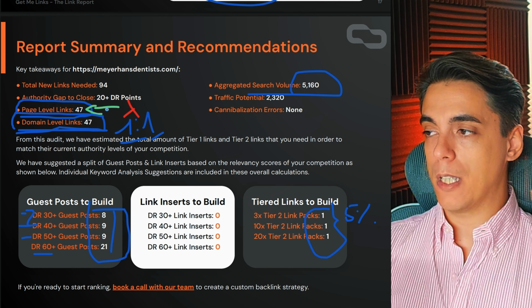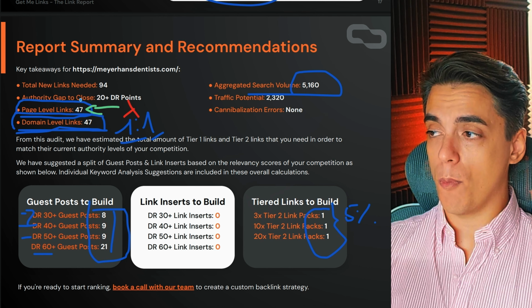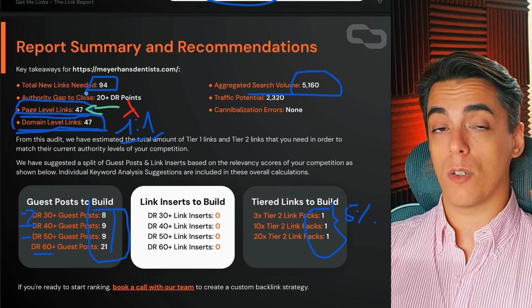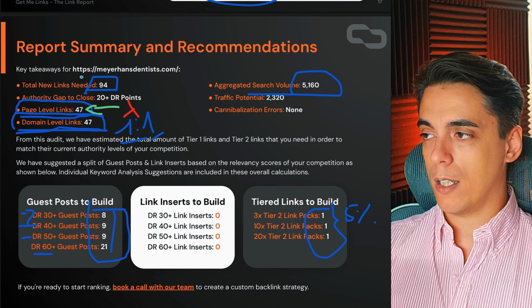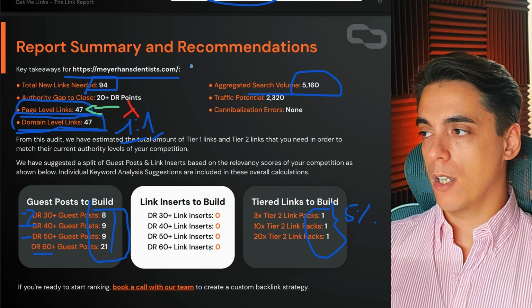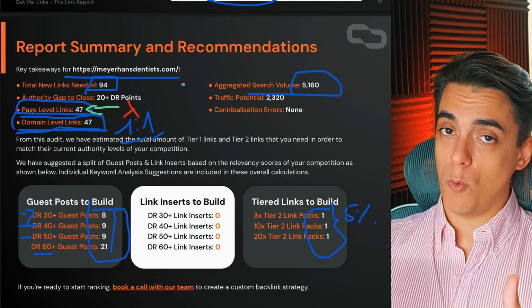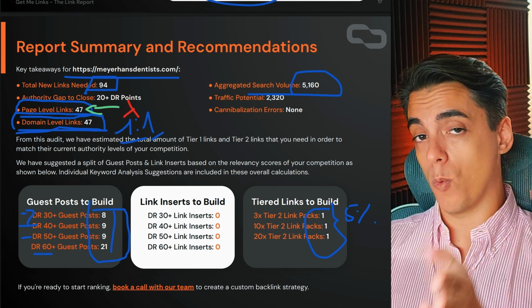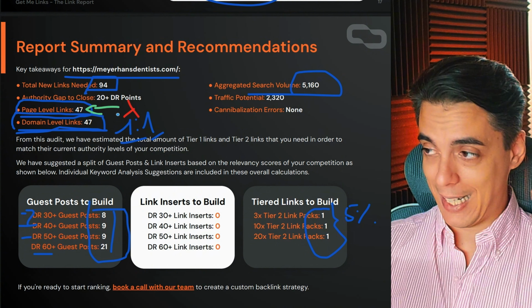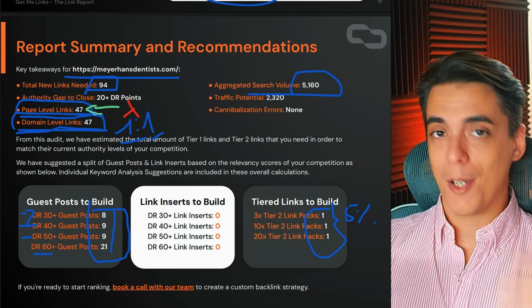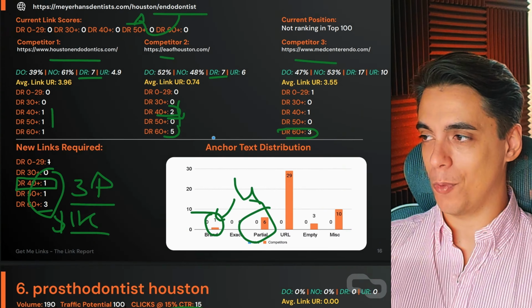So for those inner pages, you need guest posts where you have control of the target. For the homepage, digital PR or HARO type of digital PR, so basically reactive journalist outreach, will be your friends to close these almost 100 domains that are going to be required to rank a chain of dental clinics in the city of Houston. If you want to rank a single clinic with the homepage, you can likely reduce this by half because all the links that need to point here,